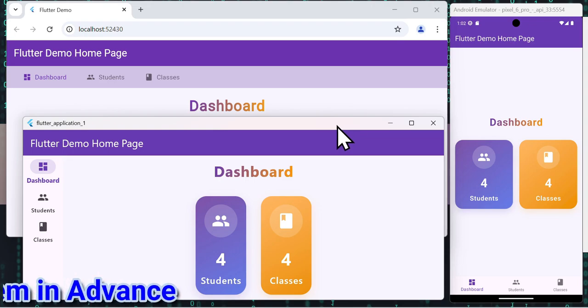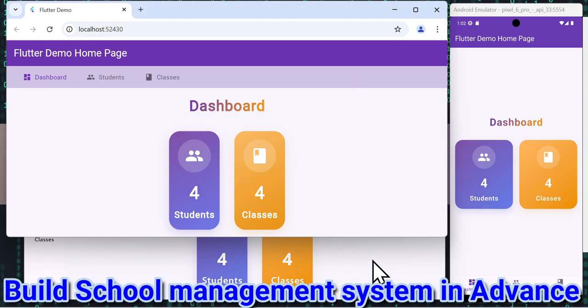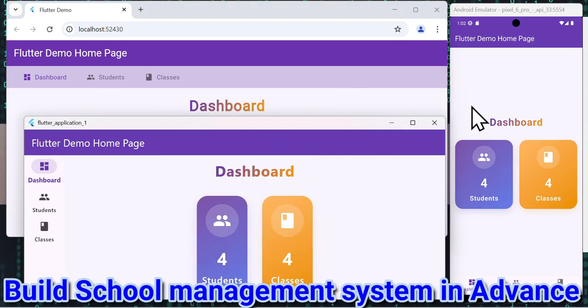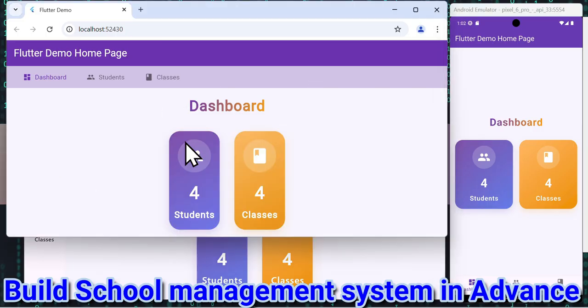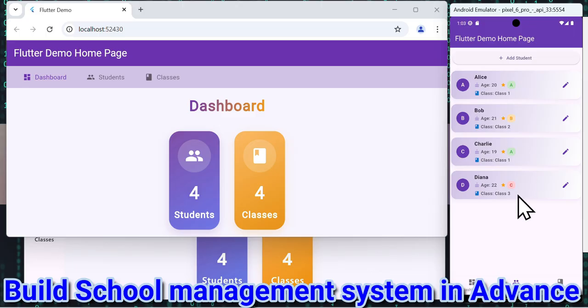So let's see the quick demo. Here is my Flutter application which I implemented, a student management system. This is my Android application, this is my desktop application, this is my web application. Also, over here everything is a different platform, with a different nav menu and its respective native features. For example, in the Android emulator or Android application, the navigation bar is at the bottom,